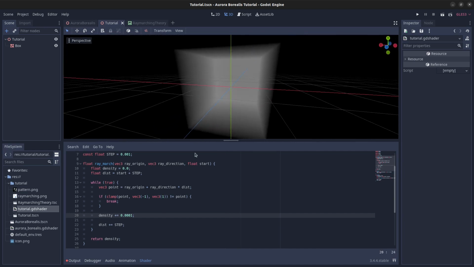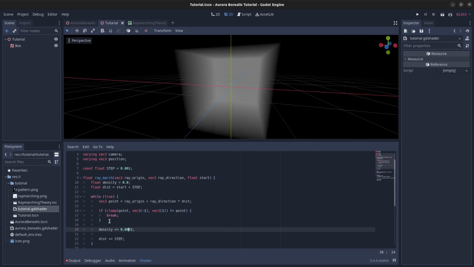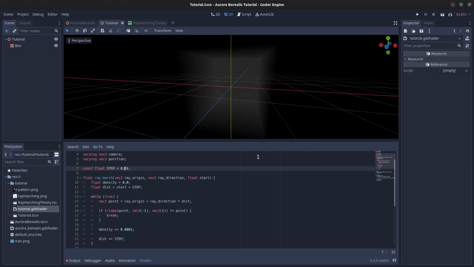So the only problem I could see right now is that density is fixed, but theoretically we could modify the step value, in which case this calculation, this whole loop would happen more often or not as often as now. So we would end up with different, so let me just illustrate. Yeah, we will end up with different